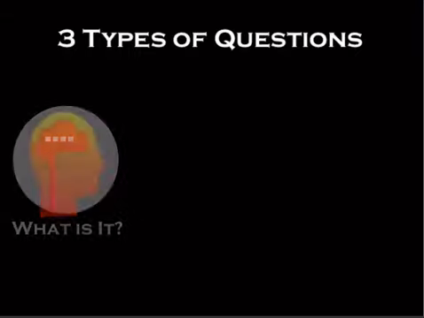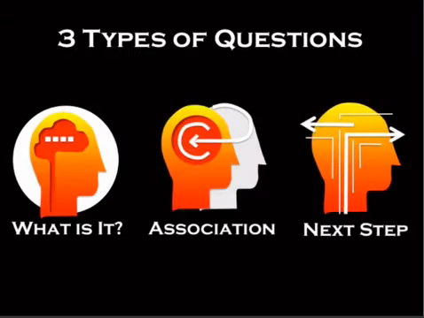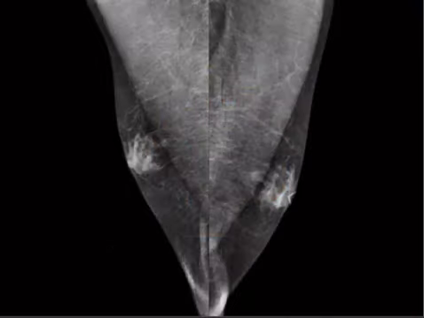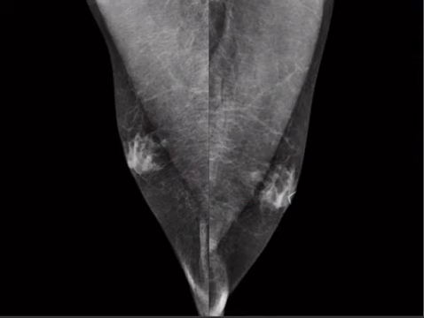So just like in other modules, there are going to be three basic types of questions here. Starting off with the first case, let's have a look here. So we've got a bilateral MLO mammogram. We know this is a male breast because it's in the male breast section. Palpable marker is noted on the left. And what we have is a